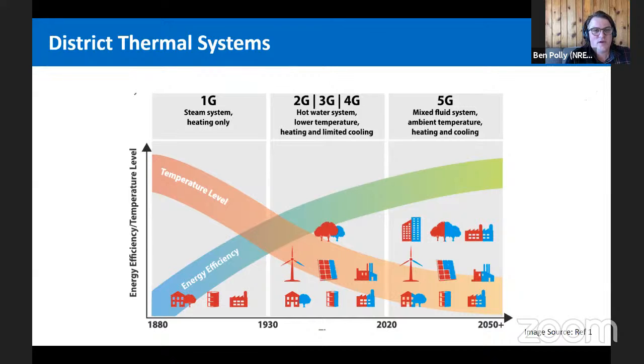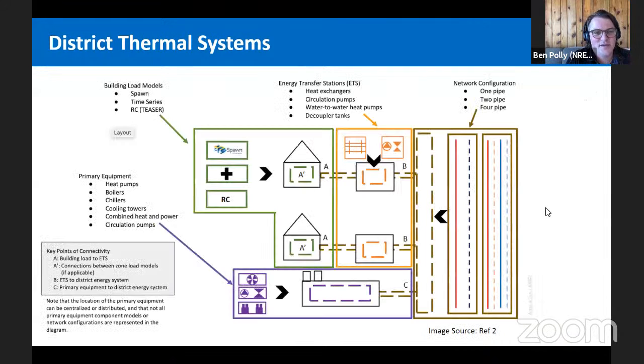And so if you go to the next slide, just to give you a sense of the complexity of this type of modeling, this is what really drove us from taking an EnergyPlus OpenStudio based approach to more of a Modelica approach, which is better suited for modeling all of the controls in these district thermal systems, and especially modeling the interactions that the buildings have with the district thermal systems when you get to these 4th and 5th generation systems where temperature loops can, for example, float during certain times of the year.